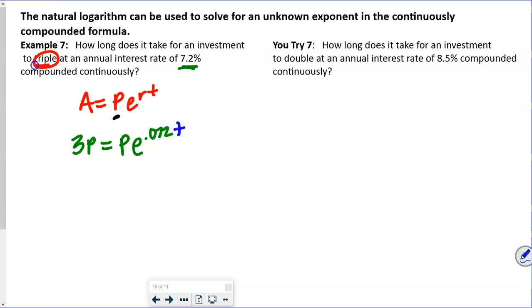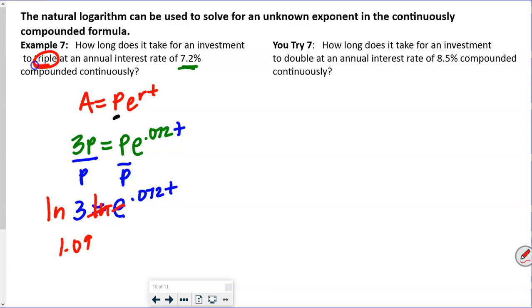So the very first thing we'll do then is divide both sides by P, because we have that on both sides, right? So that's going to leave us with 3 is equal to E to the 0.072 T power, right? So now how do we get rid of an E? We use an ln, right? So that's exactly what we're going to do here. So we're going to do the ln of 3 and the ln of E. So again, these two cancel each other out. And when you take the ln of 3, you get 1.0986, and that's equal to